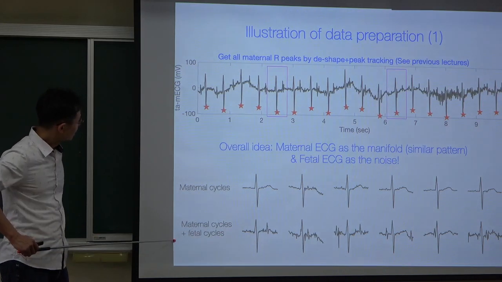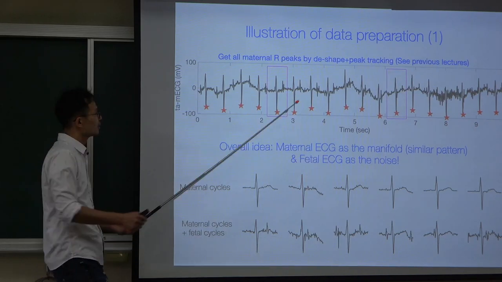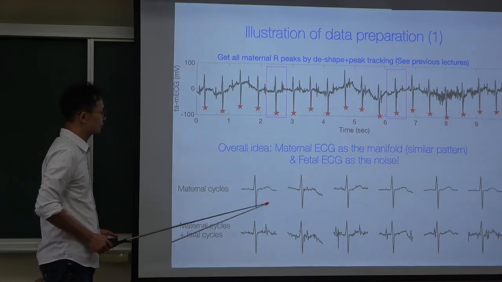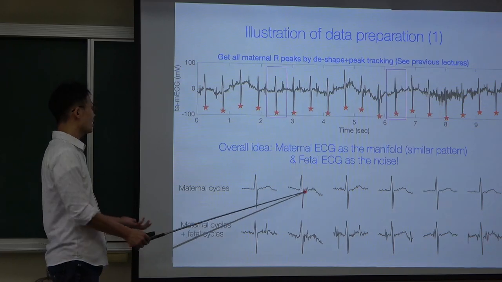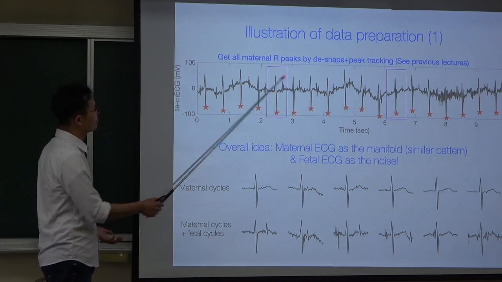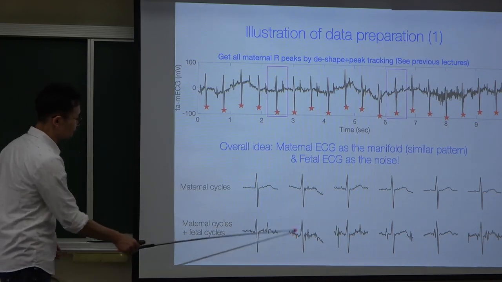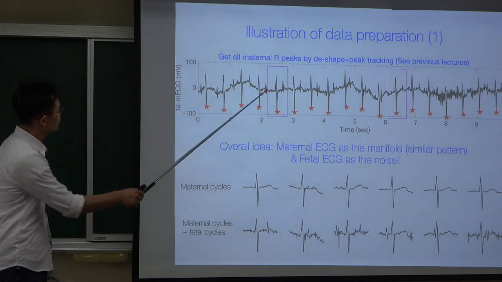But in practice, we do not. That is a chicken and egg problem, right? Because that is what we want to recover. But we don't have it. What we have is actually the summation of maternal ECG and fetal ECG, and that is what you have in practice. So if you do a truncation,